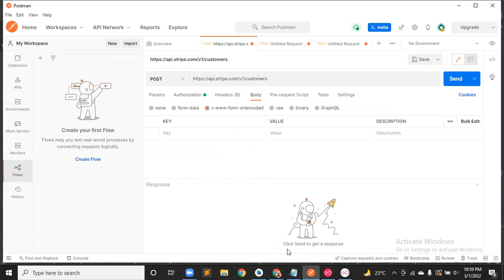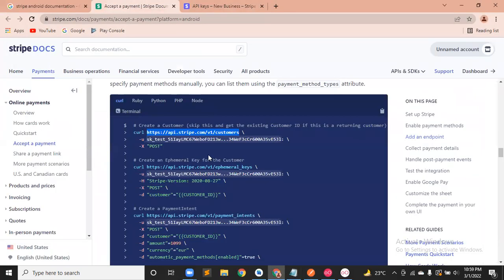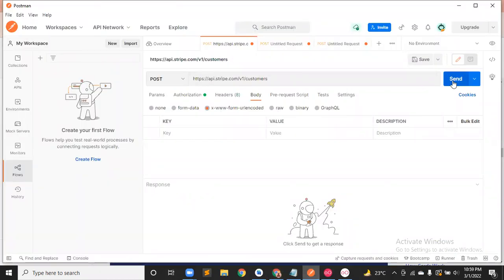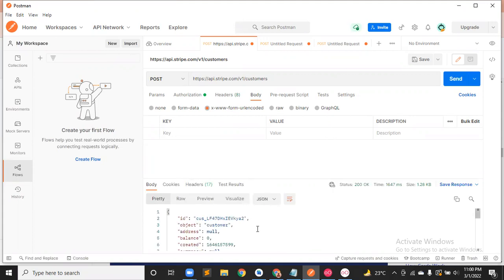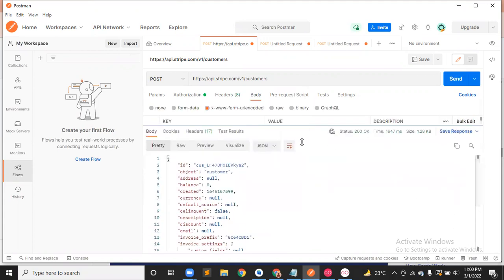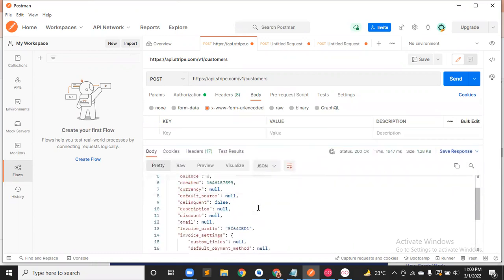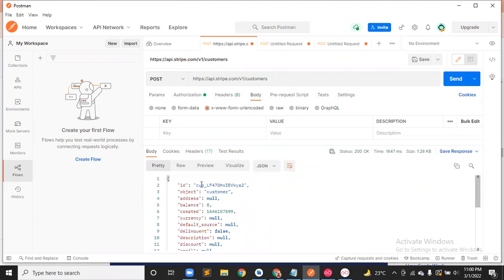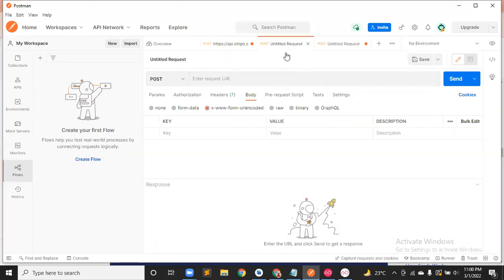Secondly, okay, so there are no more parameters, just the secret key. So we will send request and our customer will be created. As you can see, it is returning the data, and this one, we need this one, customer ID. So copy it, go to the second tab, and paste it in the value. The parameter name will be